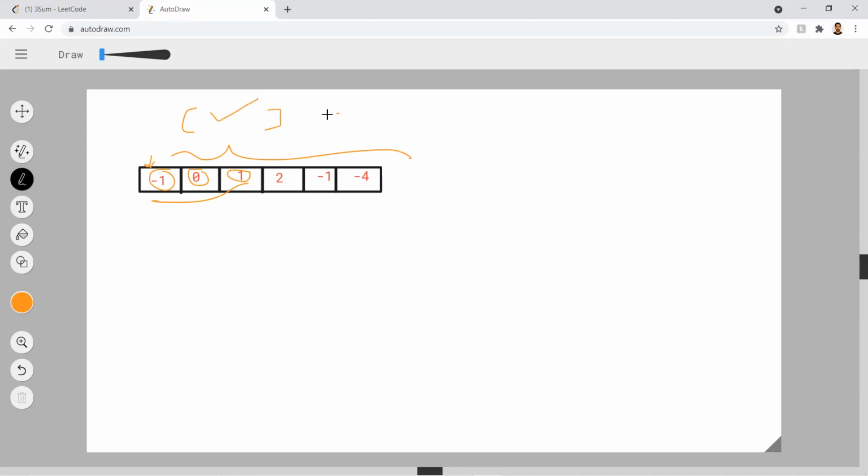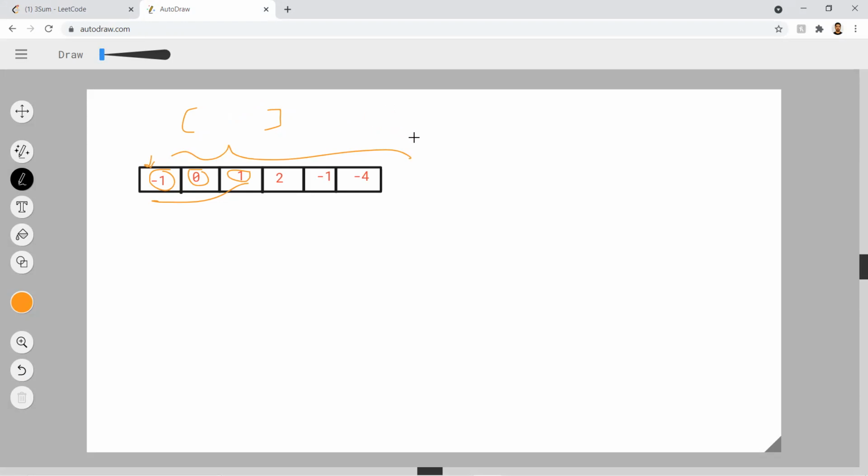But this approach will take at max order of n cube time, which is huge for a large array.